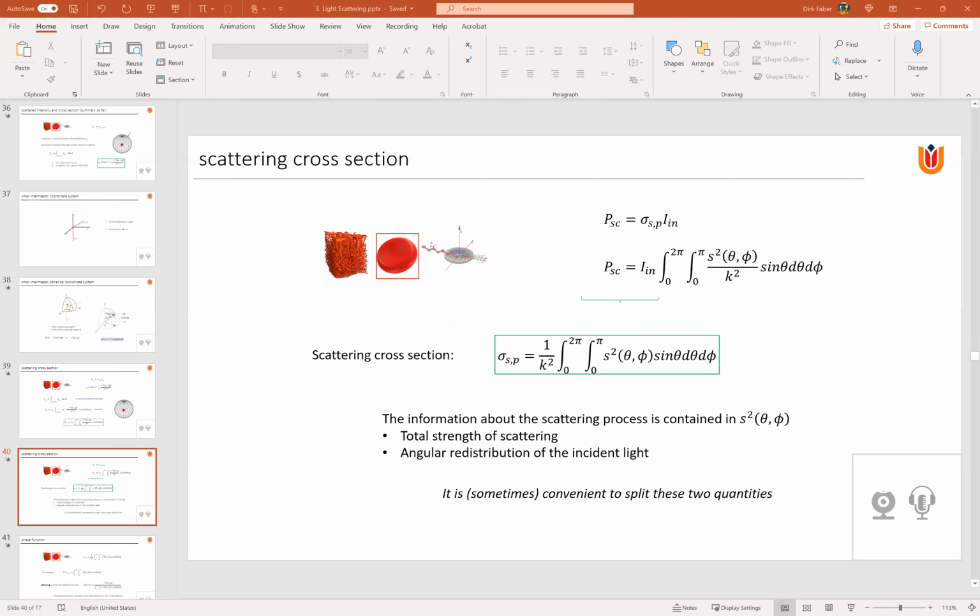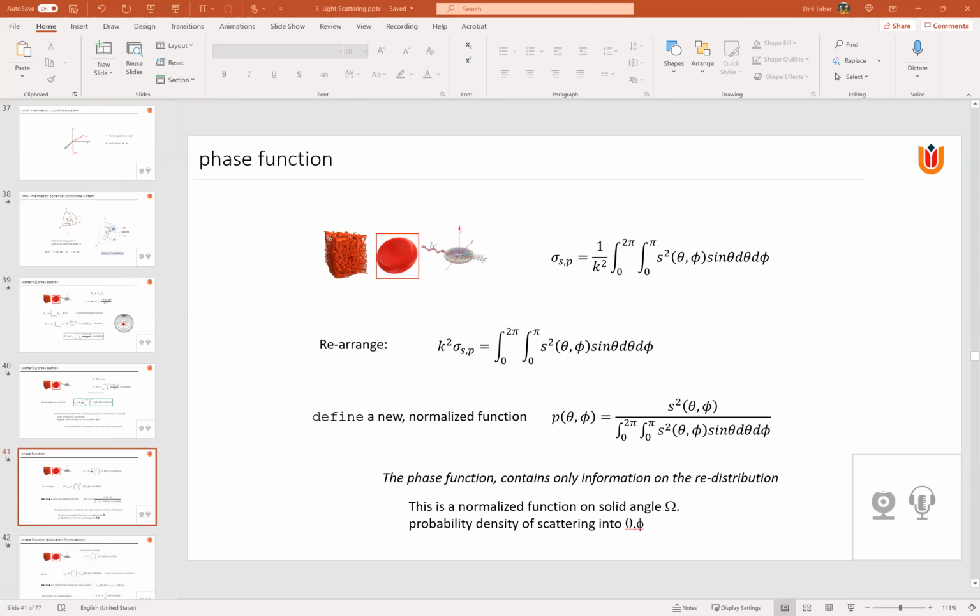So to split that into quantities, let's take that equation and rearrange by taking k squared to the other side. Quite doable. And then just simply define a new function, P of theta and phi, equal to a normalized version of s squared. So s squared was the